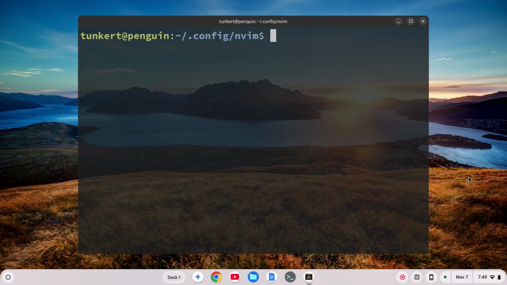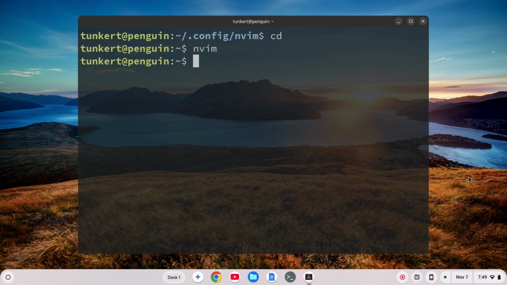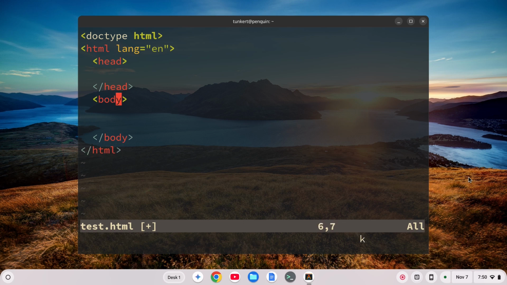and clear everything out. Now if I cd back to the home directory and do nvim, and let's actually quit here. Let's do nvim test.html, and I'll insert, create a doc type HTML, and we'll do some tags, and you see that I have that color scheme retro box, and that's indenting 2 spaces. So I can create my document here. It's doing some smart indent and so forth,